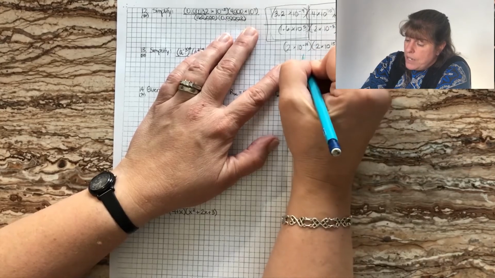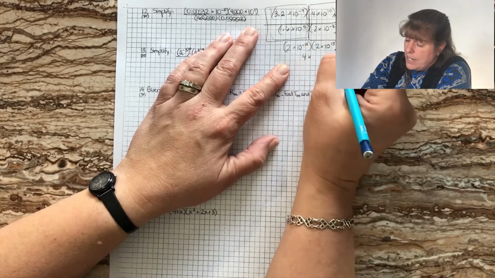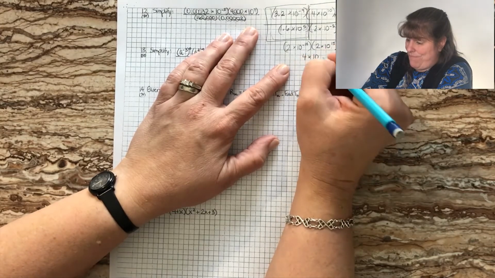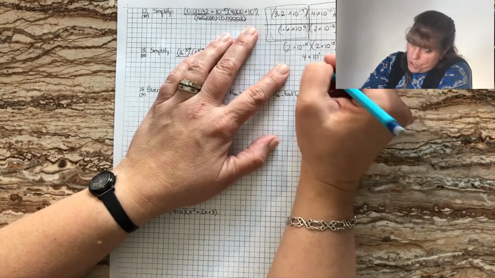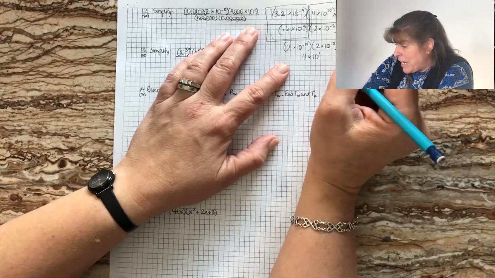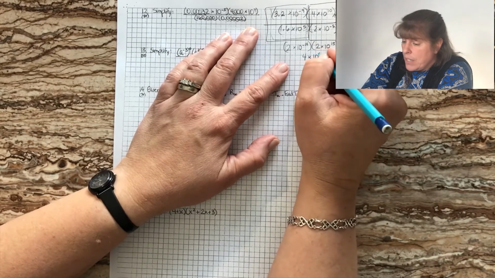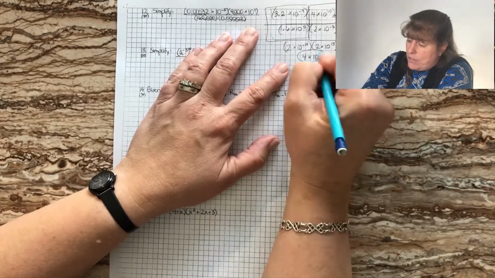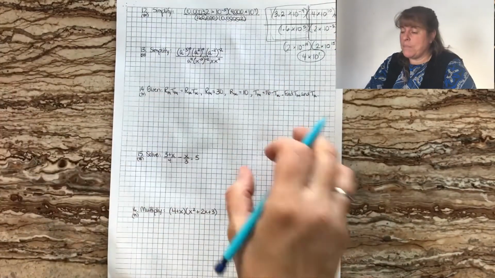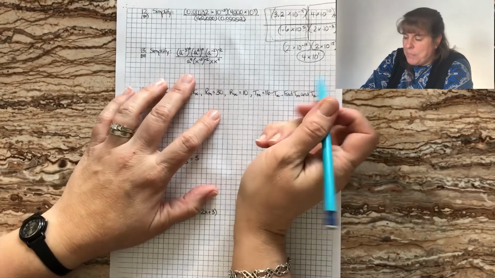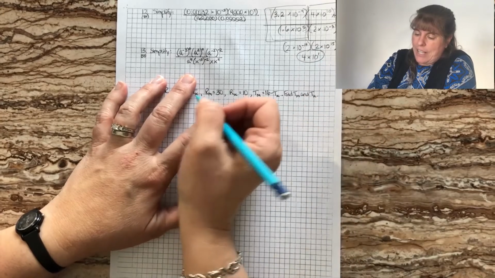2 times 2 is 4. 10 to the negative 14th times 10 to the 15th becomes just 10 to the first. So you could put that. That would be technically scientific notation. Or if you would like, it does say simplify. So yeah, leave it in scientific notation. I know some of you are tempted to just write 40 because it's 4 times 10. But that would technically not be scientific notation. So just leave it like that. Okay,